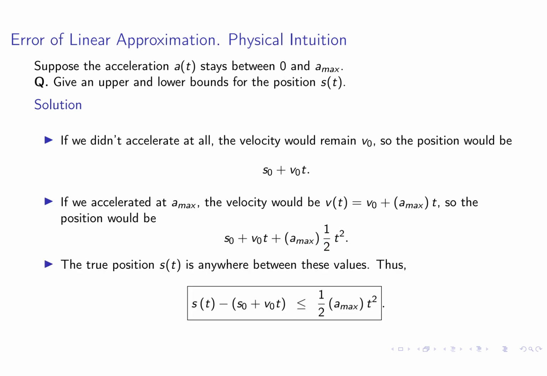These were two extreme scenarios. Since the true acceleration is always between these two extreme values, 0 and a max, the true position of the car will be somewhere between these two values that we obtained. One when there is no acceleration, another when there is maximal acceleration. Note that the difference between these two extreme positions is equal just to this quadratic term. The difference between the true position and one of the extreme cases does not exceed this quadratic term. Thus, the difference between the true position and its linear approximation does not exceed 1/2 of the maximal acceleration times